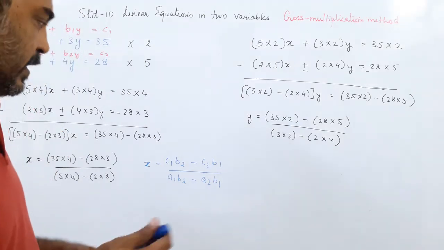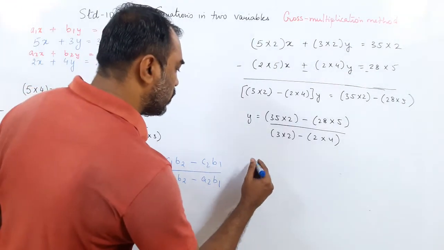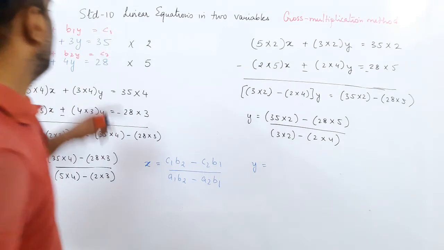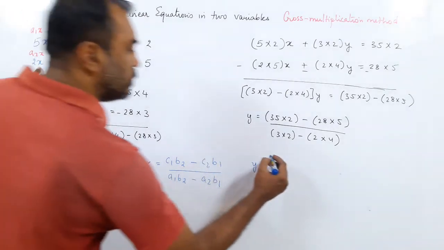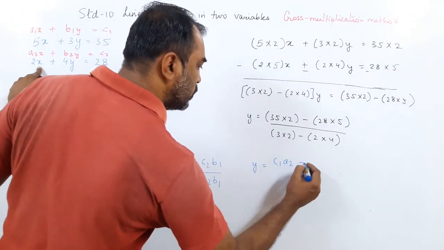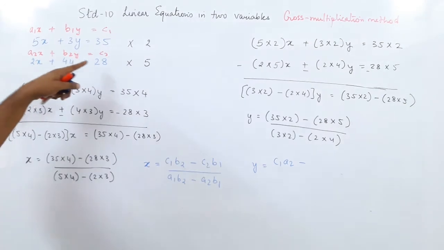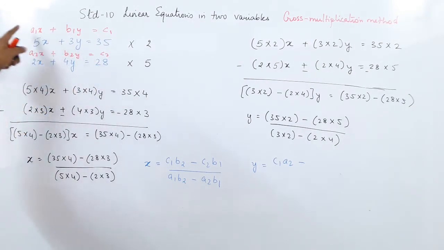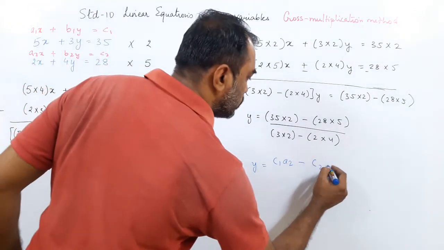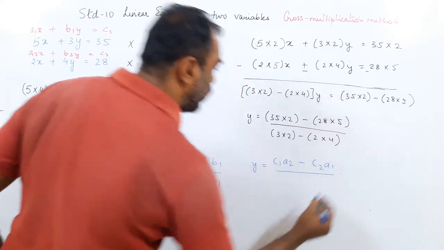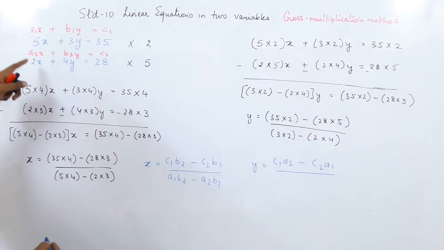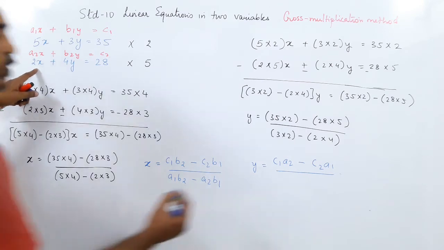So how do I write the y? y is equal to 35 into 2, meaning c1 a2, minus 28 into 5, c2 a1, upon 3 into 2, b1 a2 or a2 b1,